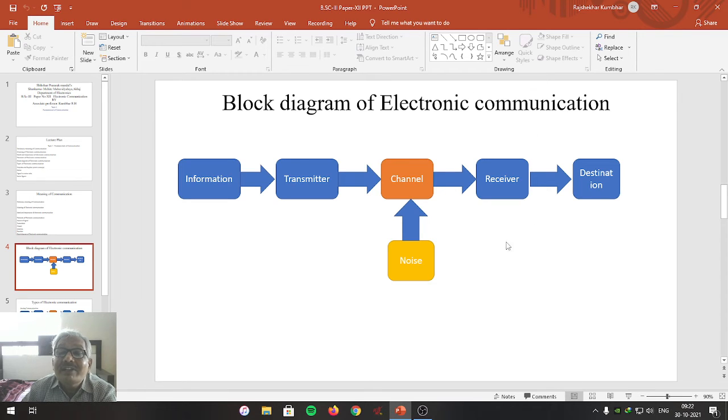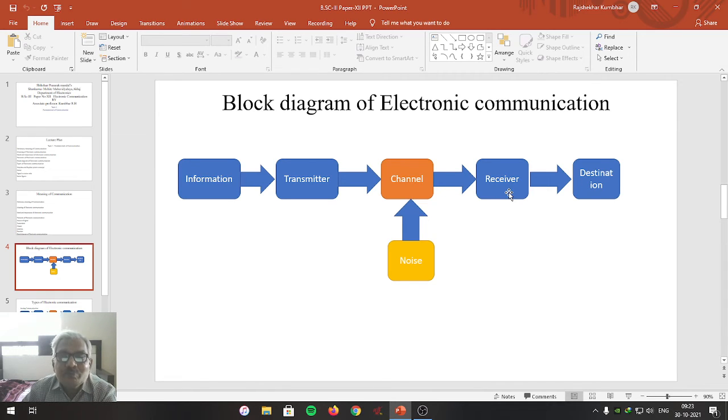And the role of the receiver is to detect the signal, to separate the wanted signal from the carrier wave by using the superheterodyne principle, by using suitable detecting circuitry within it. It separates the original information from the carrier wave within the bandwidth for which the receiver is designed, and that separated signal is given to the